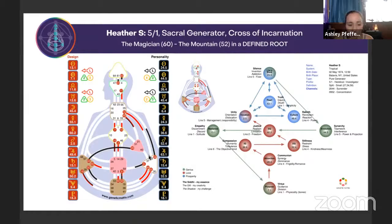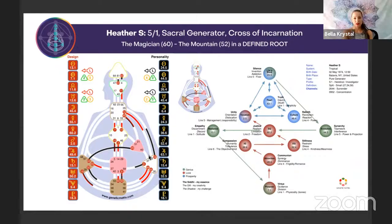Okay, so where should we start? Where I want to go is maybe a little bit complex, but it's almost like a beautiful paradox. So when we look at your incarnation cross,